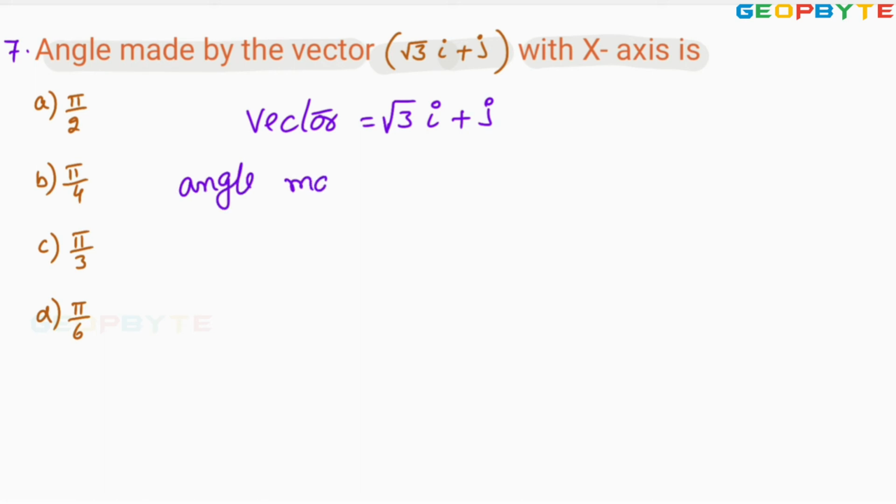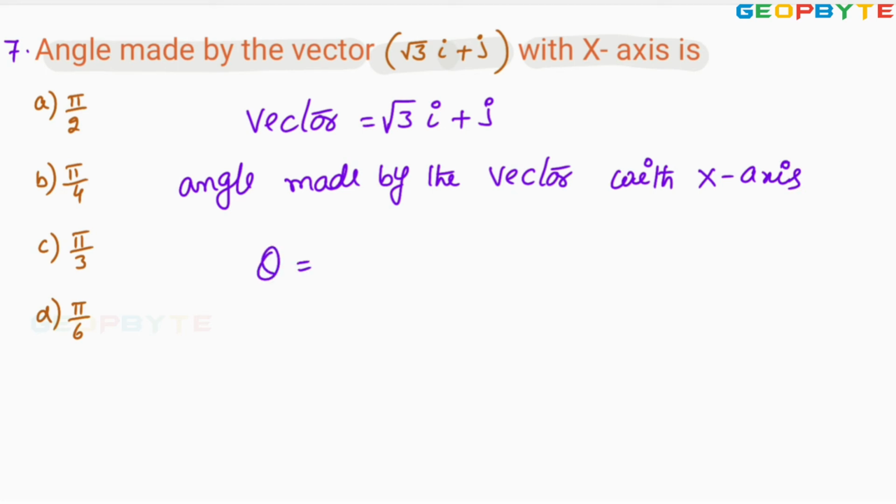Angle made by the vector with x-axis is theta equal to tan inverse of the vertical component